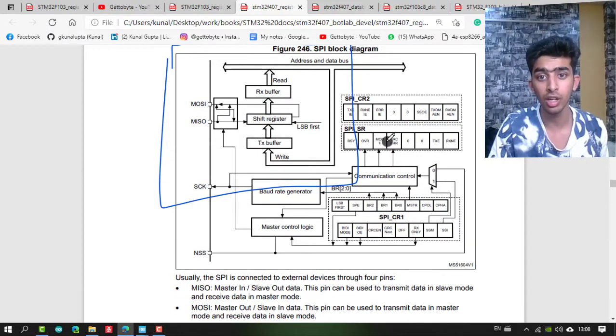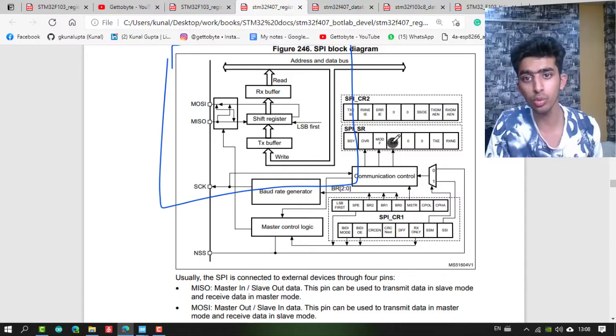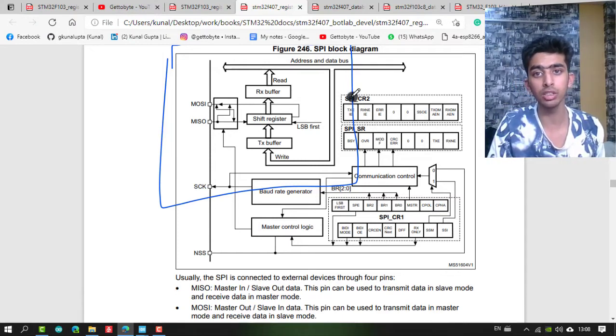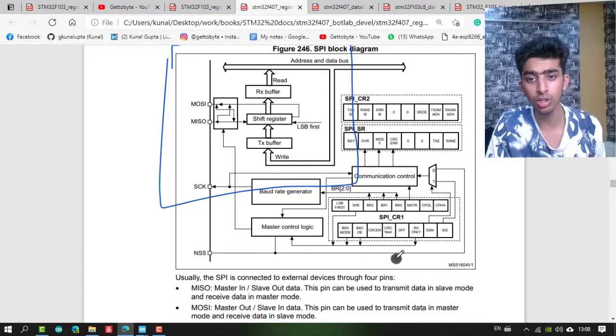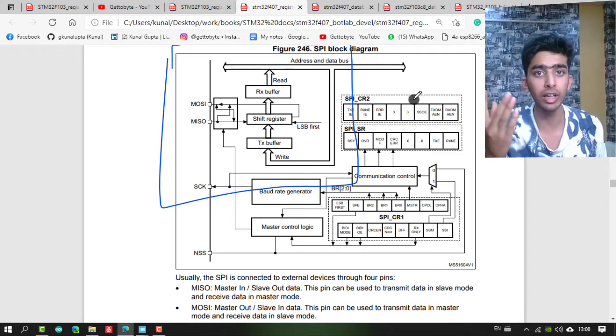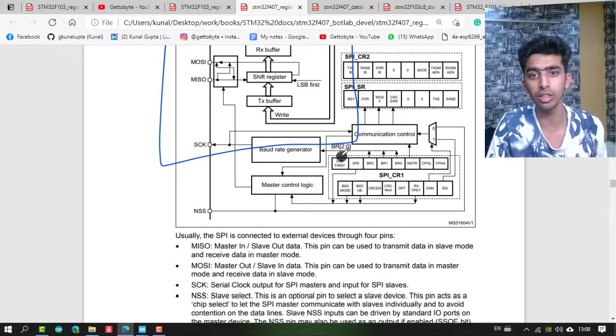And these are all the configuration and other registers which we are going to use. The main register is, of course, the SPI status register, because from the TXE and RXNE flags we will know when our data has been transmitted or received. Then from the configuration registers, SPI CR1 and SPI CR2: mainly SPI CR1 will be used for enabling our receiver, transmitter and SPI and general configuration, and SPI CR2 is basically for enabling the interrupts of our SPI. The baud rate generator is also in our SPI CR1 register.